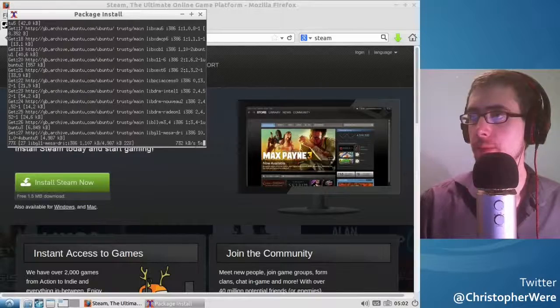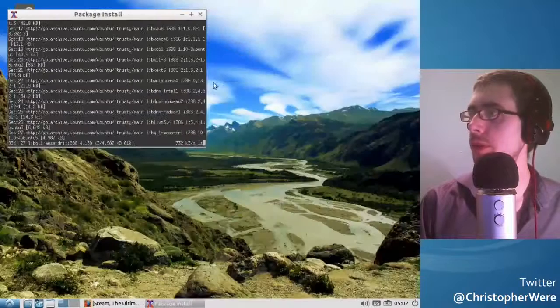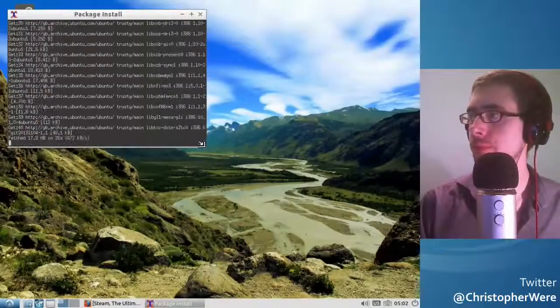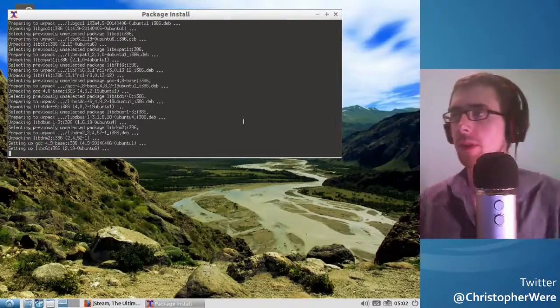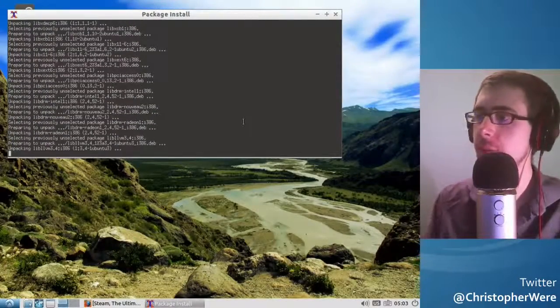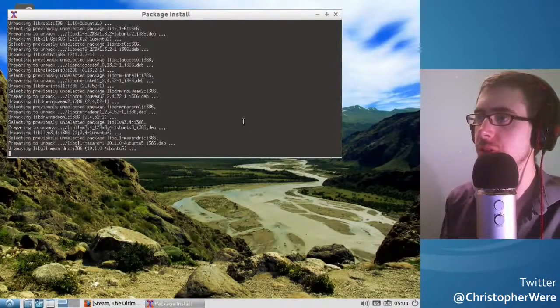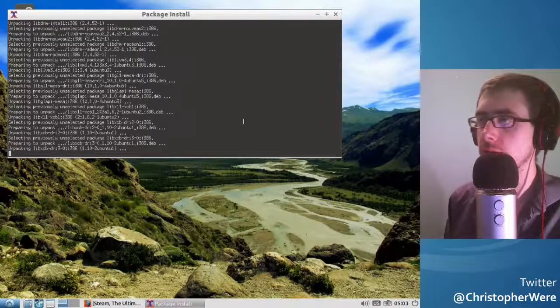So, oops, lost the window there for a second. So yeah, it's a little bit of a ham-handed way to actually try and get Steam up and running on Lubuntu. This is reasonably similar to how it was done with the last long-term support release, but